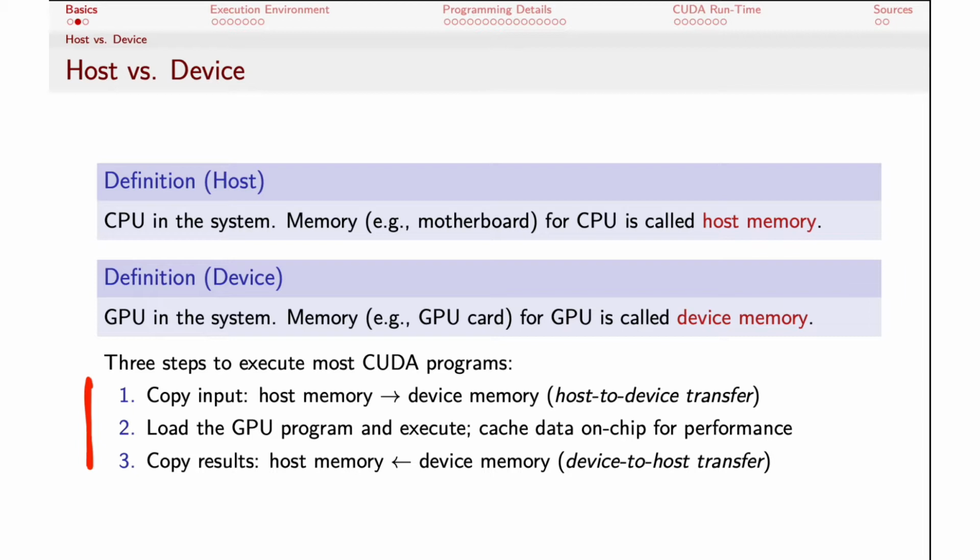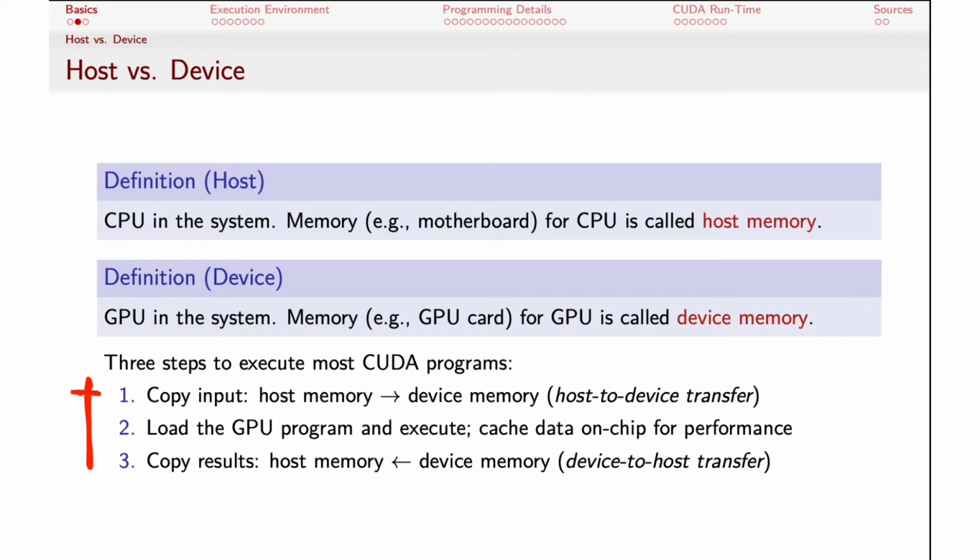So the typical stages in a CUDA program is, first of all, we're going to copy the input data from host memory to device memory. It's called a host to device transfer, obviously. We might have read some of that data off of disk, for example, on the host to start with, and then we want to send some of that data to the GPU,